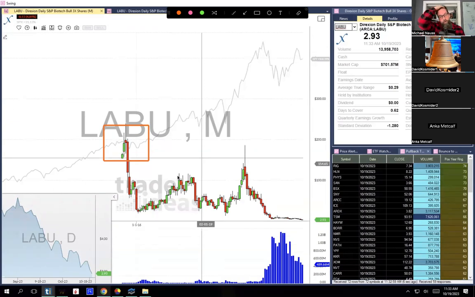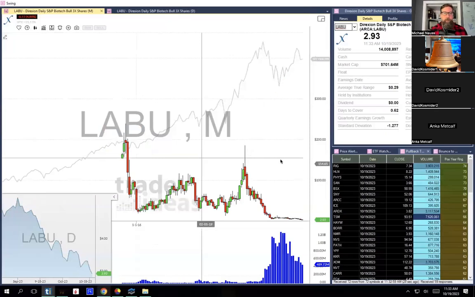They're used for short-term hedging, and they're used for short-term trading. That's what they're designed for. So, for example, if I have a portfolio of stocks, but I'm worried that the market's going to pull back over the next little bit, I can buy a 3 times inverse, and I can use that to hedge over the next few days or few weeks. But all of these things will degrade to zero, and then they reverse split, and they degrade to zero, and they reverse split, and they'll do that forever.